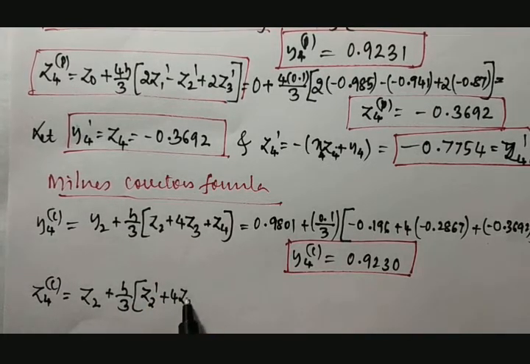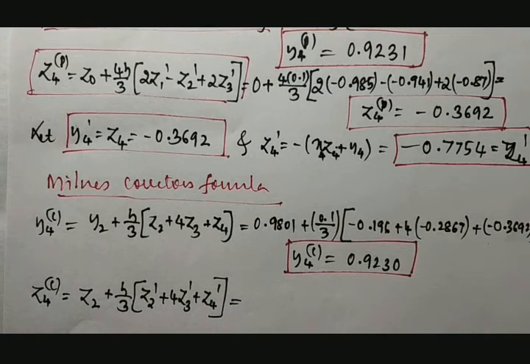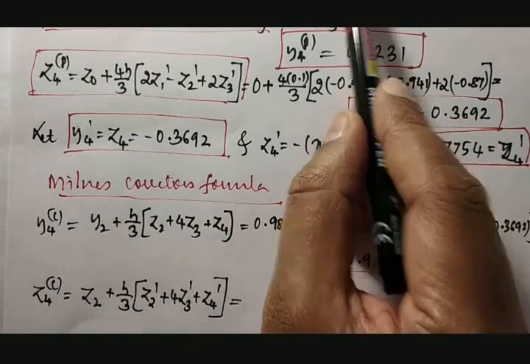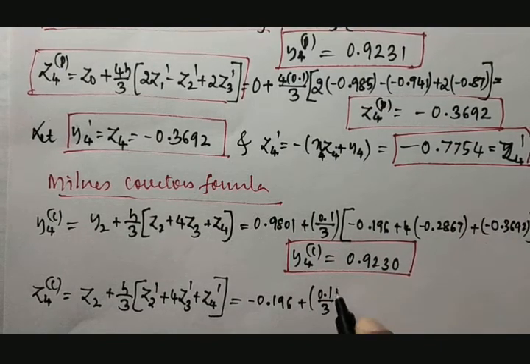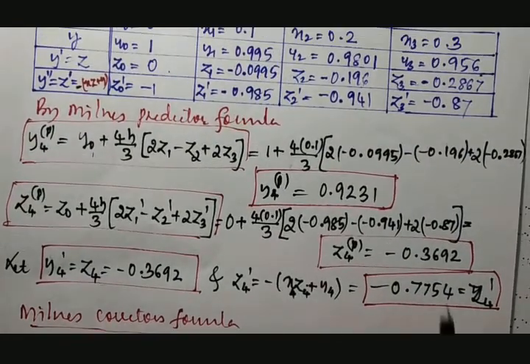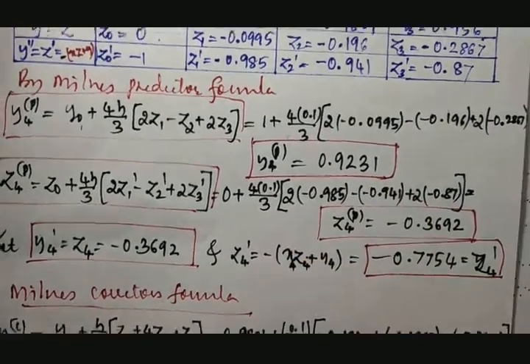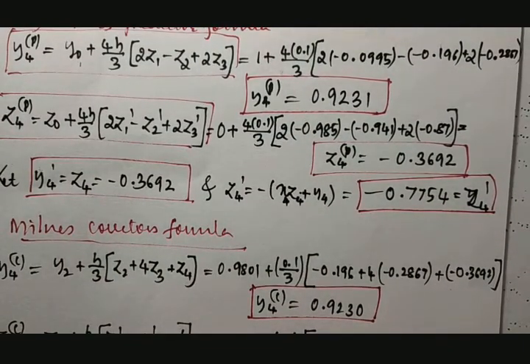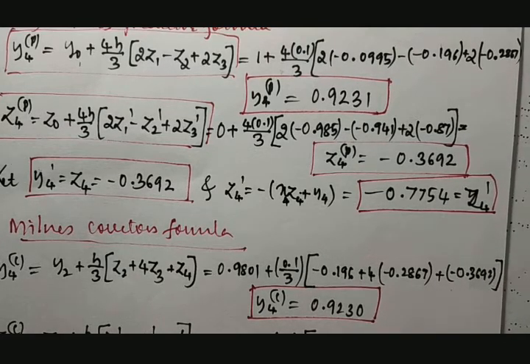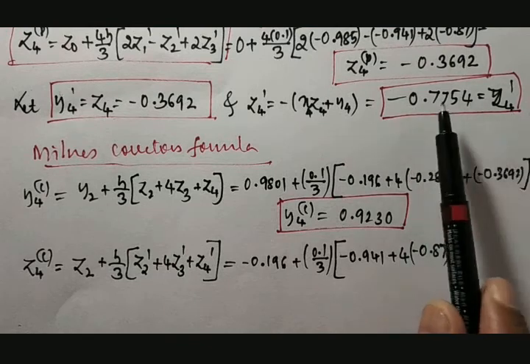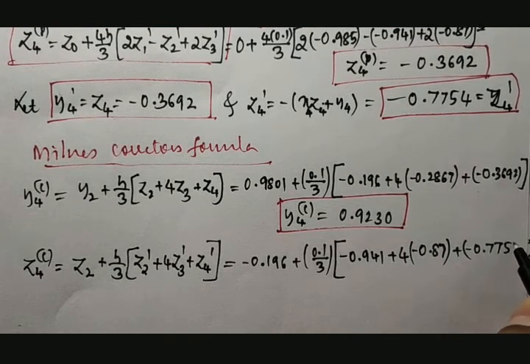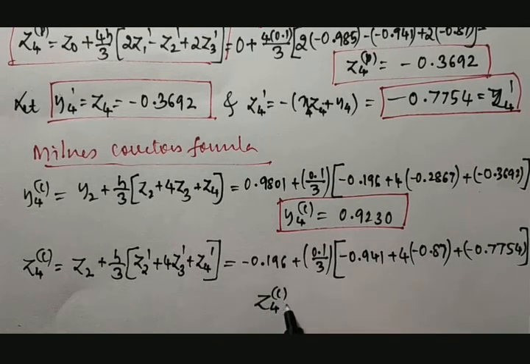Okay, then similarly we need to go for the next correction to z4, that will be z2 dash, it's a derivative, plus 4 z3 dash plus z4 dash. Substitute the values. z2 from the table is minus 0.196 plus 0.1 by 3 into z2 dash from the table, that is minus 0.941, plus 4 into z3 dash, that is minus 0.87, plus z4 dash. z4 dash is not available in the table, so that has to be taken from here. z4 dash is minus 0.7754. Okay, so the z4 correction is equal